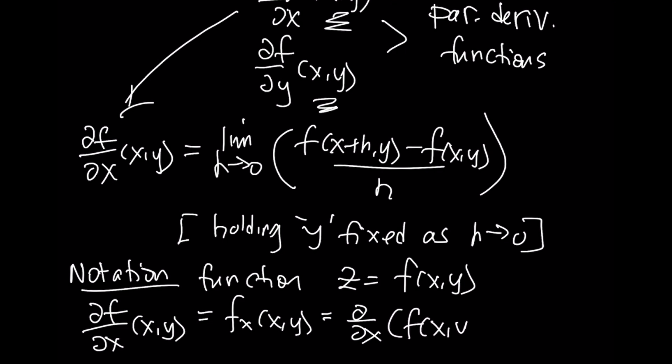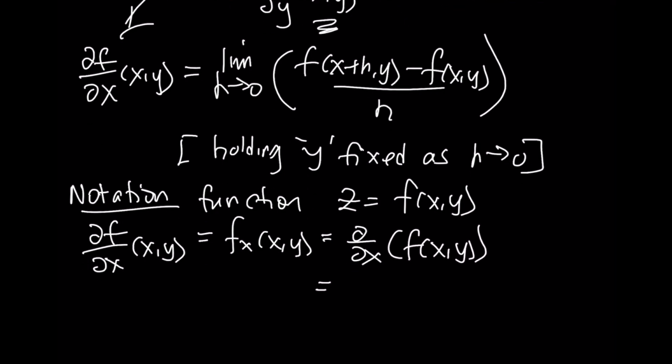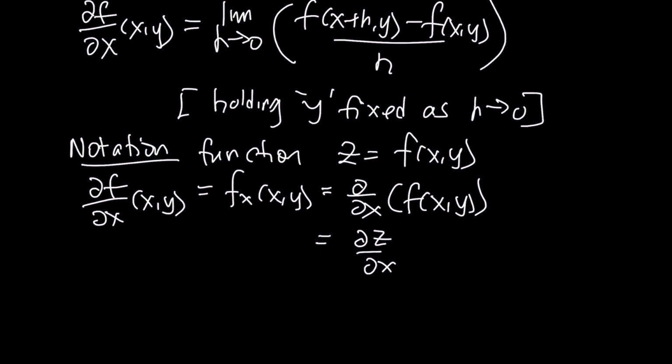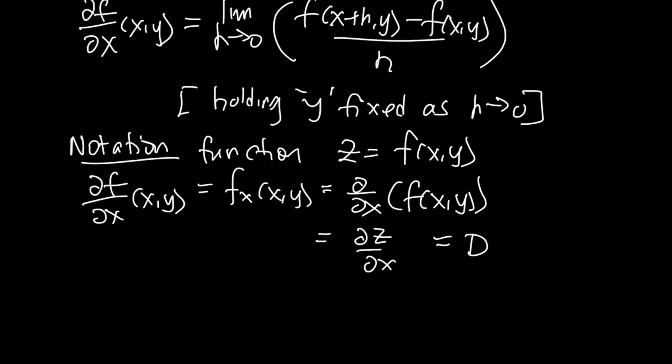Sometimes we will write it as dz dx because z is a variable that represents the output of this function. Sometimes we will write it as d with an x subscript of f of x and y. This represents differentiate with respect to x. Sometimes they even like to write it as d1 f of x and y because x is typically the first of the variables there. All of these things are equivalent notations, and we are going to be using them all